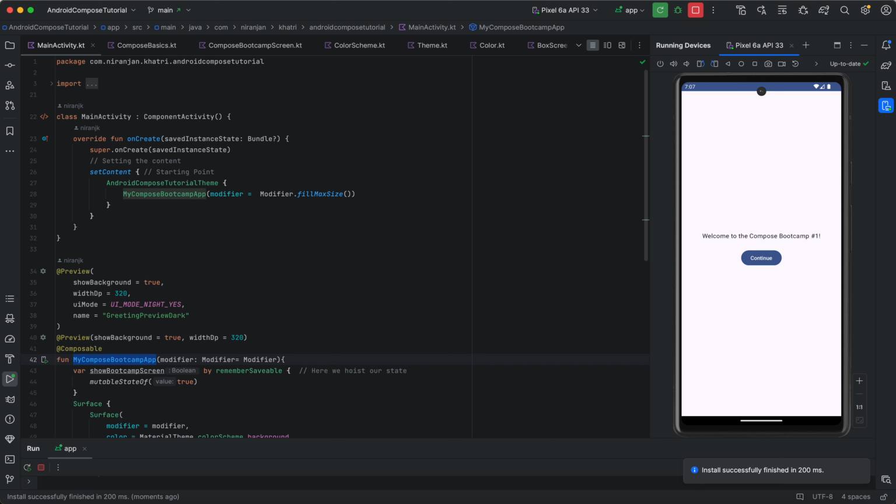Okay, let's go through the index of what we are gonna learn in this tutorial. We're gonna learn about Compose. We're gonna build the UI with Compose. We're gonna learn how to reuse composables. We're gonna learn the basic Compose elements like column, row, box, buttons. We're gonna learn how to manage the state in Compose. We are also going to talk about state hoisting, and we're going to learn how to